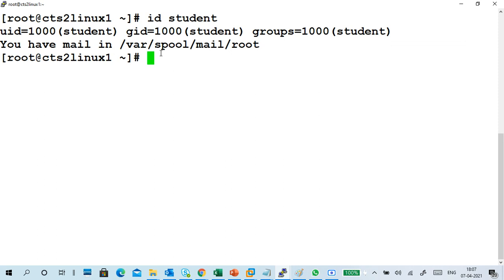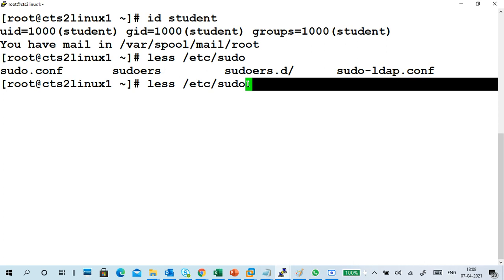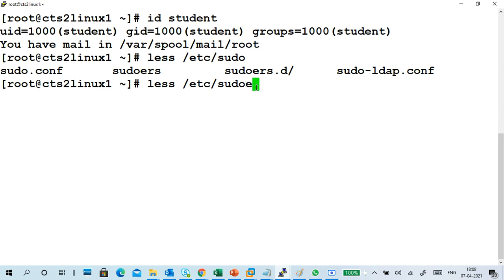Here is a file. In that file you have to modify a setting, and also give a setting to the user. Very simple thing, guys. vi, no, less /etc/sudo. How to spell that? No need, just press the tab button and you will get it. This is the file we require. I pressed the tab button twice and got these combinations, ERS like this.